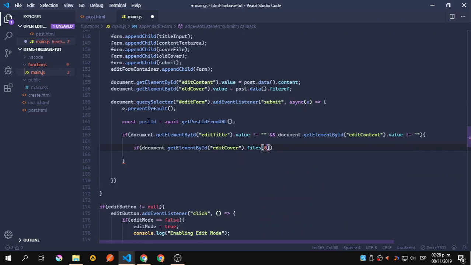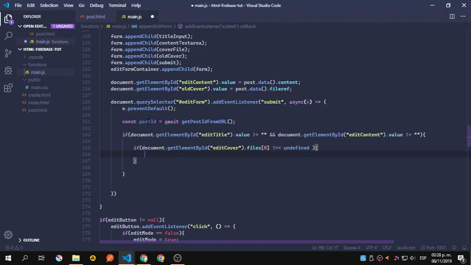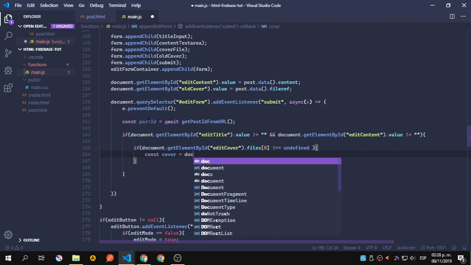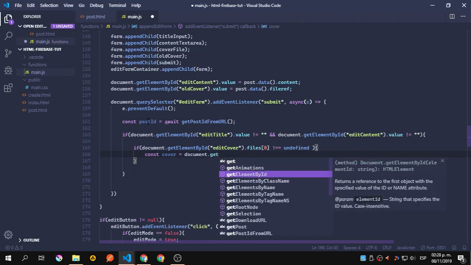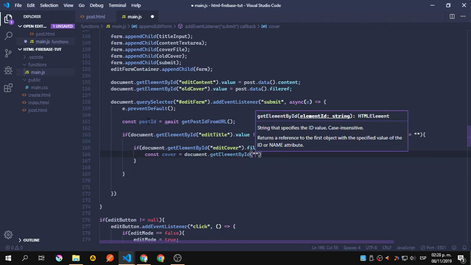Remember that this is how we select the files. If you want all the files, just do this, but we want the first one, and it's an array, so the first one is the index of 0, so it's not equal to undefined. So it is not equal to undefined, meaning that we have something inside the files. We have a file. We're going to say constant cover equals document dot get element by ID, edit cover,